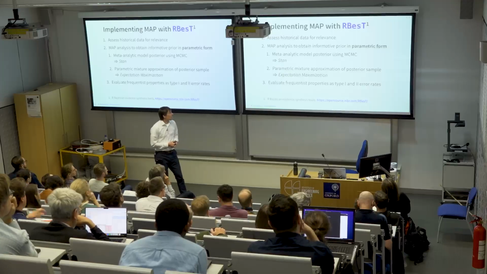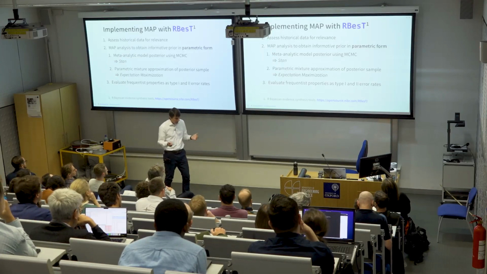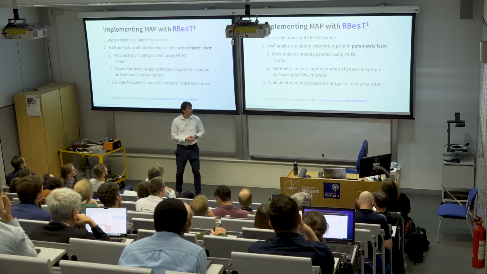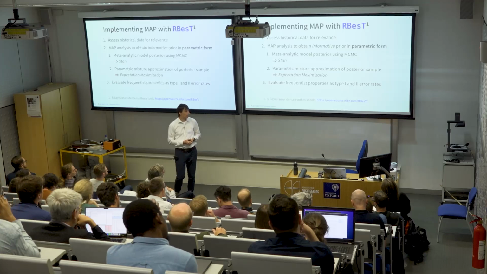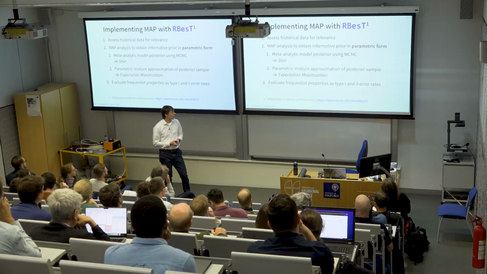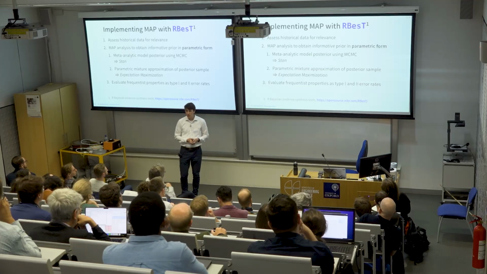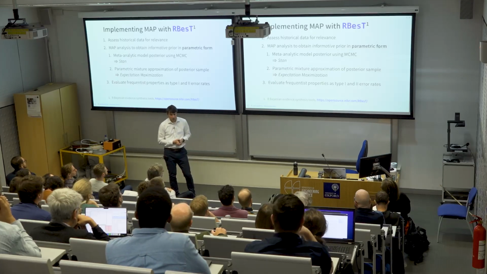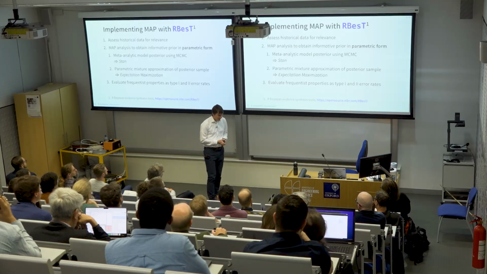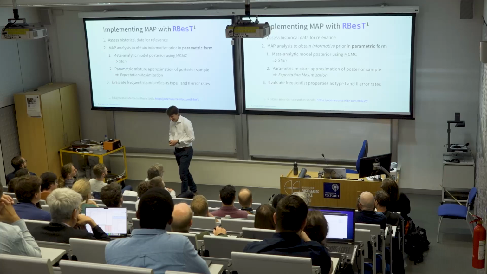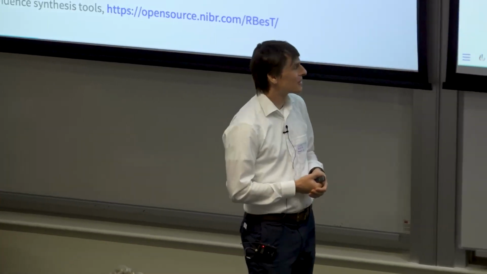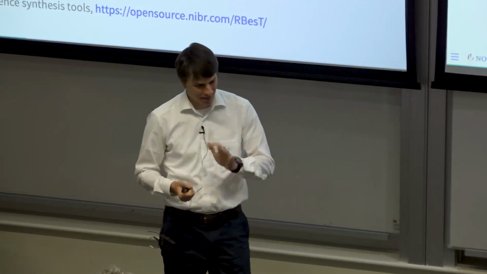Then we run this meta-analysis, which is just a standard meta-analysis with a prediction, that's MAP, in order to obtain this informative prior in parametric form. The meta-analytic model is run using MCMC to get the posterior. For that, Stan is being used. It's a very simple model, but I can tell you people throw super uninformative priors on it, so even then Stan has to sweat a little bit. So it's good that we have the warnings from Stan complaining when it's too uninformative. Usually that's what happens.